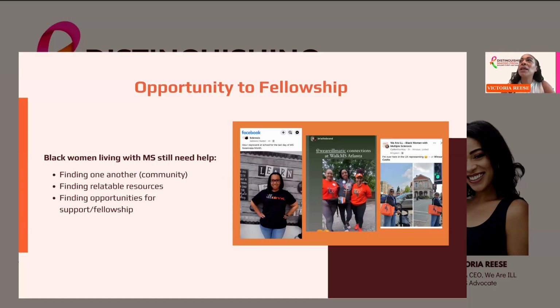Because it hits us all differently, because we all experience it differently, it's just nice to have that through line with people. I don't care if my MS looks different from your MS, but us having MS at the same time, we are sisters regardless. And there's a bond there. And I love that bond and that sisterhood. Next slide.